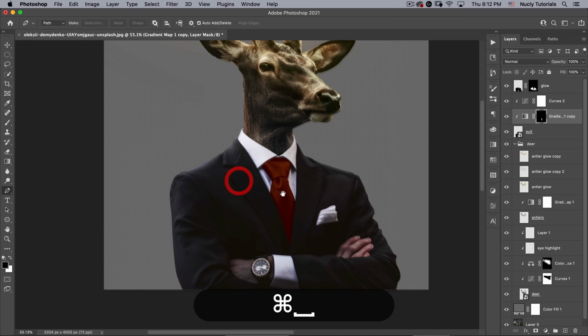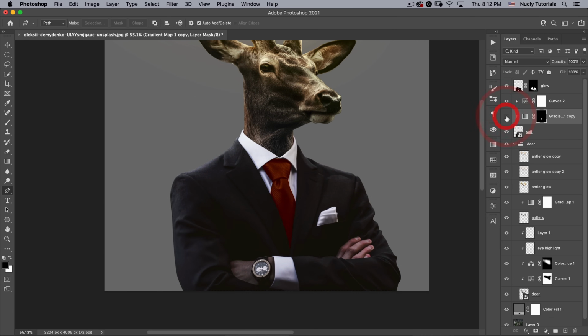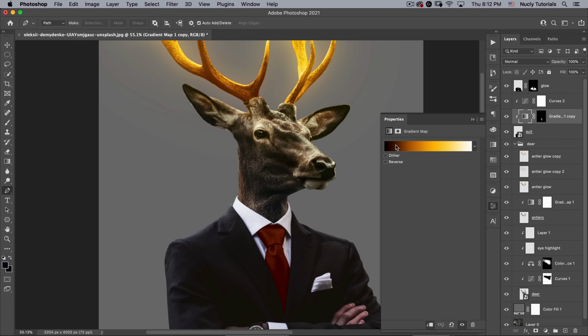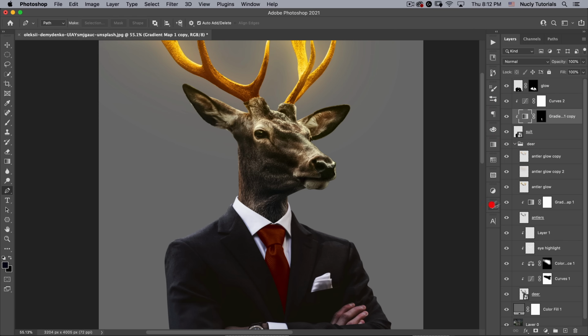layer mask. So now this layer mask is just affecting the tie, but because the tie has no light colors, all we're getting is the dark end right here of this gradient map. So what I need to do is brighten it up. So I'm going to go ahead and command click on this mask to get that selection, and then add a curve layer